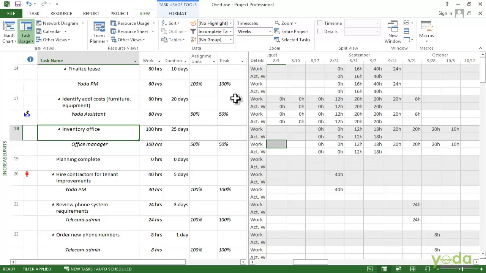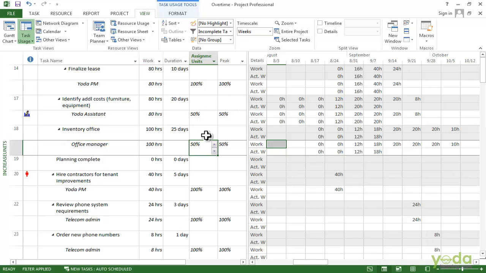Just click the assignment unit cell, type in 75% and you can see the task actually finishes a week earlier. Instead of the week of October 5, now it finishes the week of September 28.